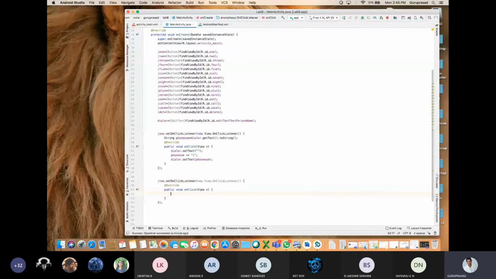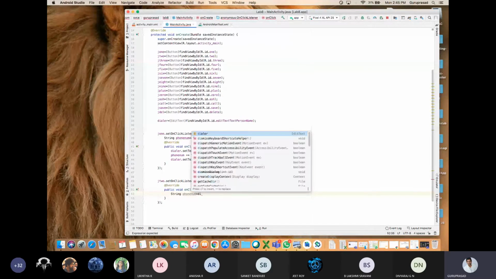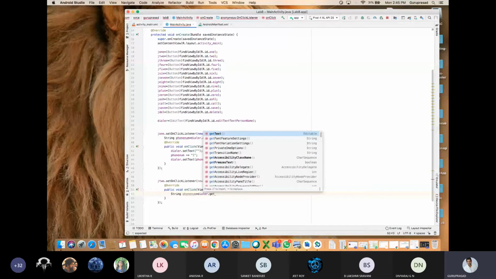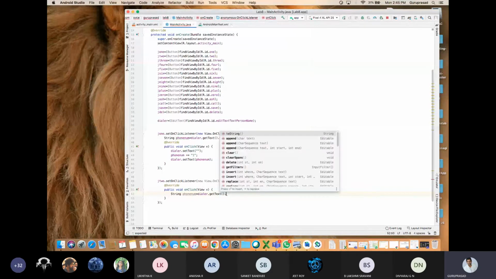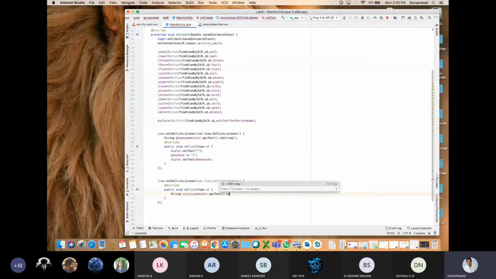Okay, string phone number is equal to dialer dot get text dot to string, whatever dialer is having. So whatever the dialer phone number is should be there, and that should be declared in this.